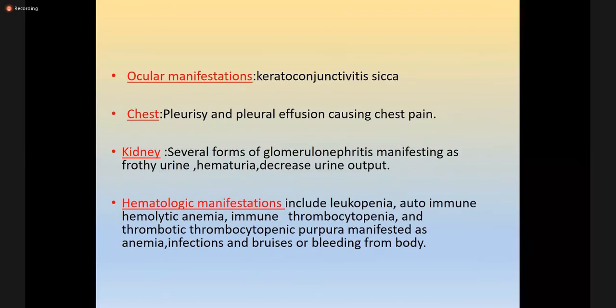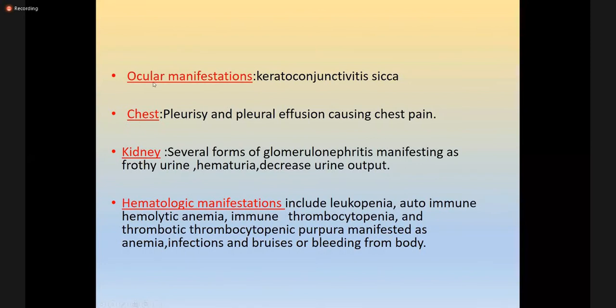In the eye, there is usually involvement of the first and second layer of the eye, including the sclera or conjunctiva, leading to dry eye, in which there is dryness of the eye, leading to keratitis and conjunctivitis, right? But as systemic lupus erythematosus can involve the blood channels as well, it may lead to retinal involvement as well, which is rare.